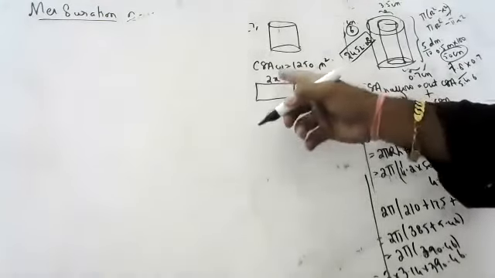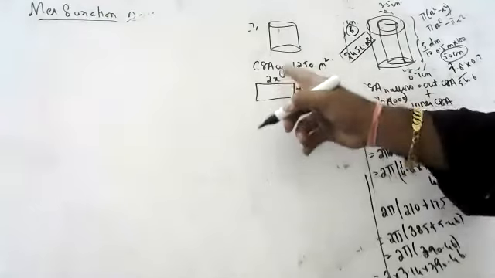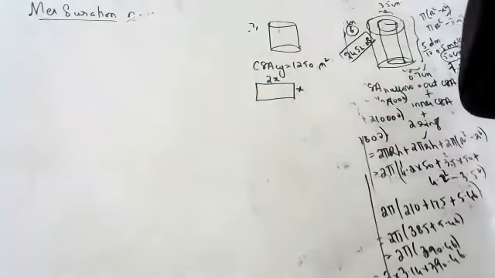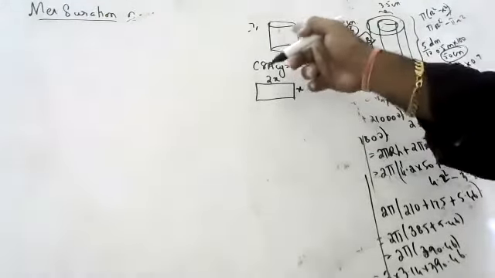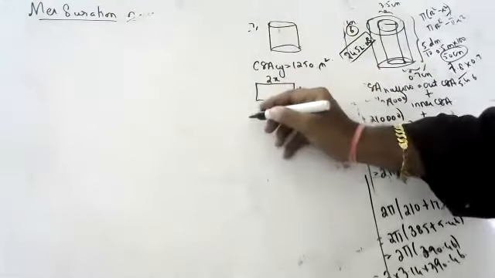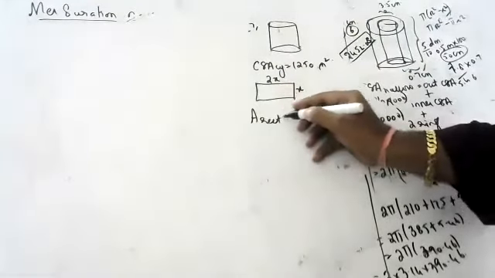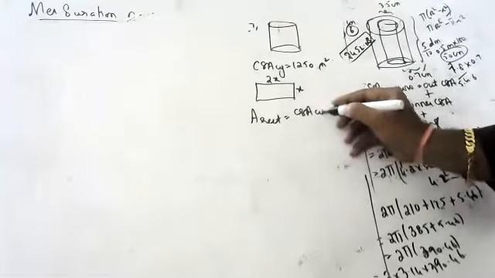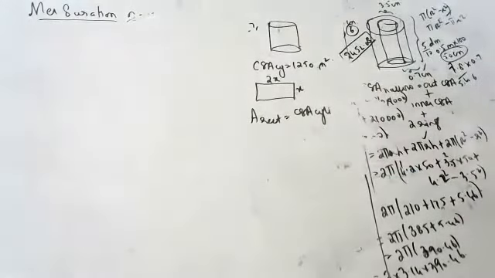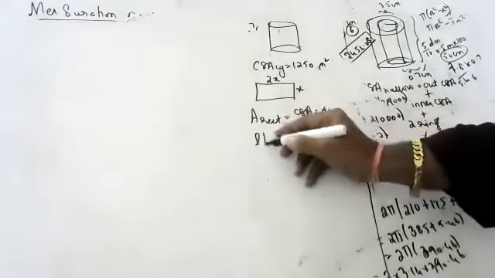Surya, this area of rectangle is converted into a cylinder. CSA of cylinder. Can you tell how to convert? Area of rectangle is equal to CSA of cylinder. Can you tell how to do the sum? Area of rectangle?